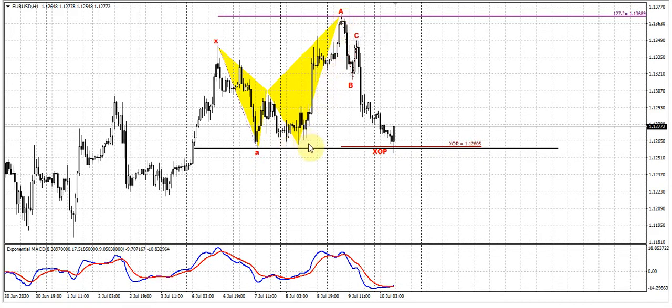And as you know, butterflies very often become the paradigm, the head and shoulders. That extension stands at 127 to this XA swing, and it means that we could get here, as you can see, a 127 head and shoulders pattern. That is a thing that we have to keep an eye on.